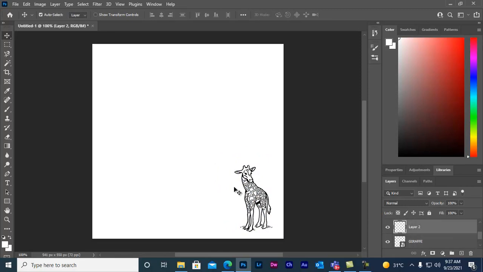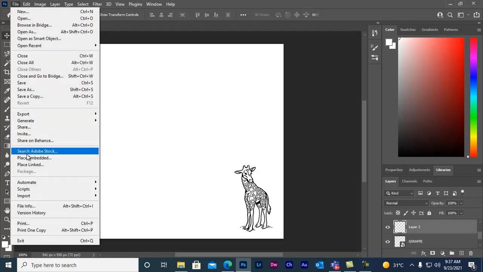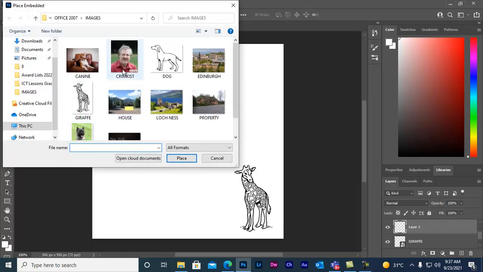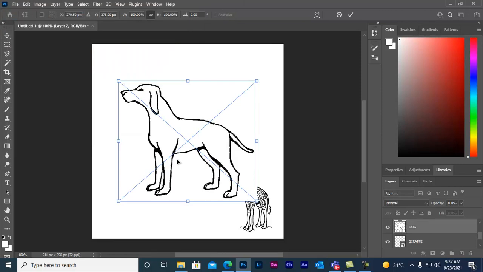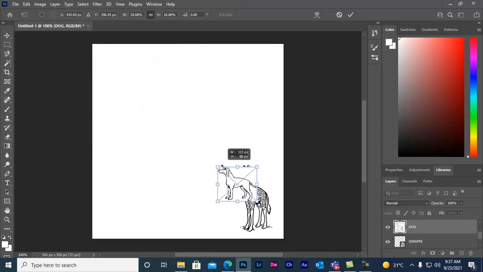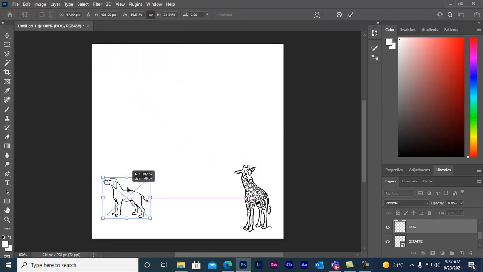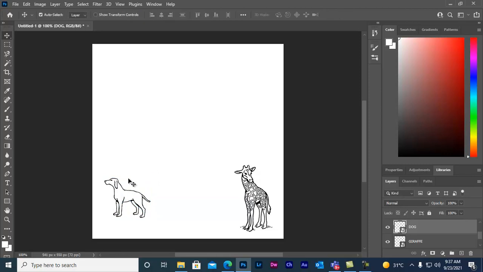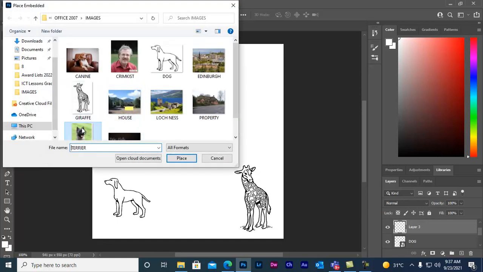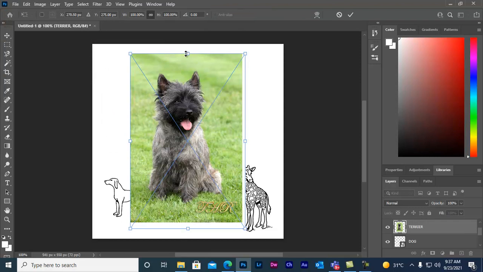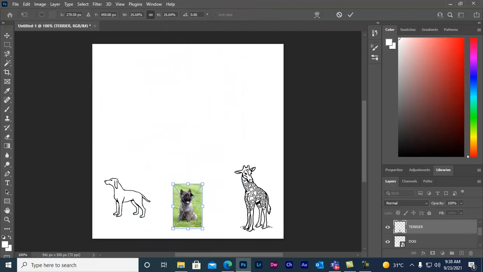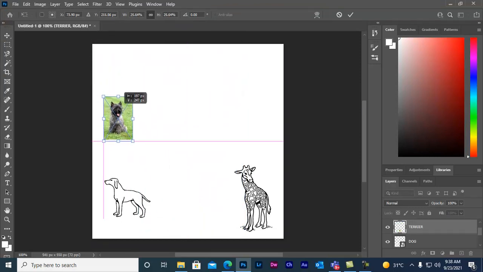Now go to layer 2 and place another image, Place Embedded, for example this one. Hit the Enter key. Now go to layer 3 and place embedded image number 3 here.